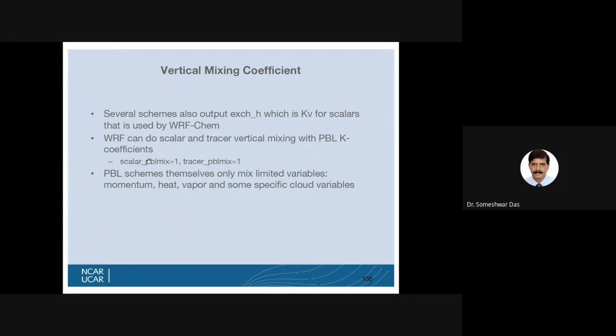These are the parameters which control that. If you want to use the scalar PBL coefficient, you need to set this as 1. If you want to use the tracer-based one, then you have to set this parameter as 1. The PBL schemes themselves only mix limited variables: momentum, heat, vapor, and some specific cloud variables.